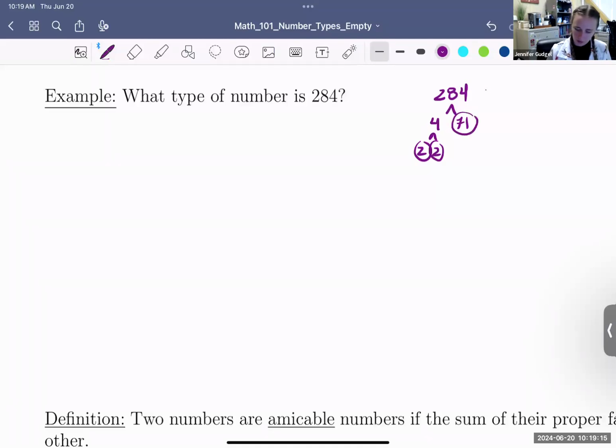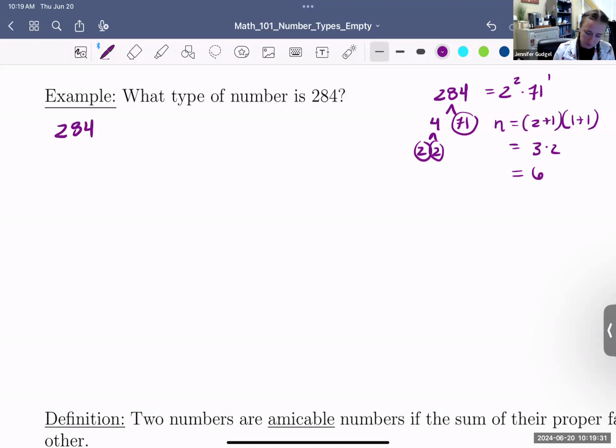All right, so we do not have that many primes here, which means we're not going to have that many factors. The number of factors is 2 plus 1 times 1 plus 1. That's 3 times 2, that's 6. Only 6 factors total. All right, so as I find my proper factors, 1 and 284,